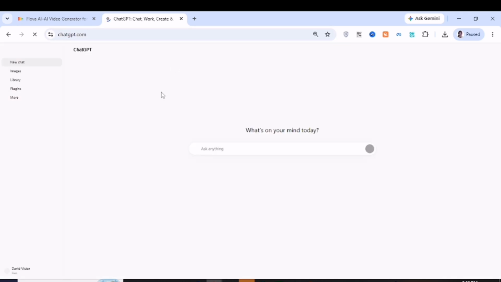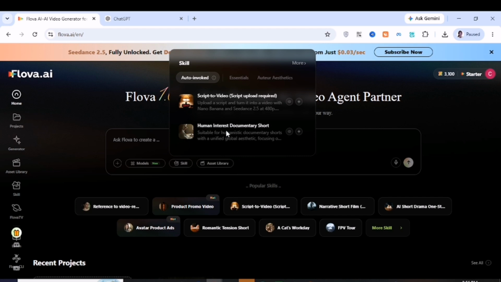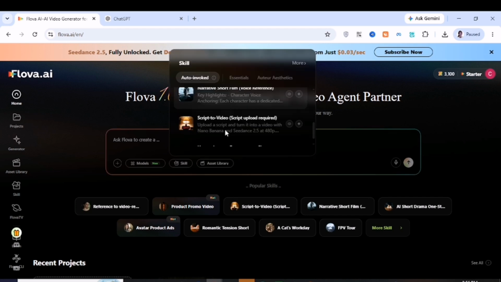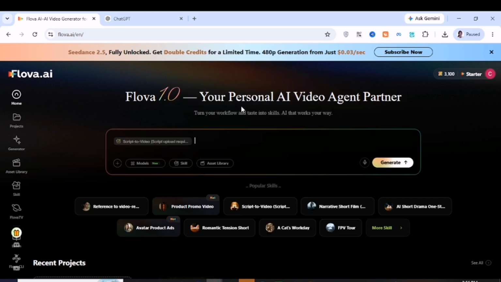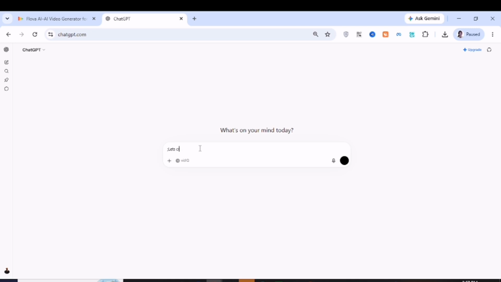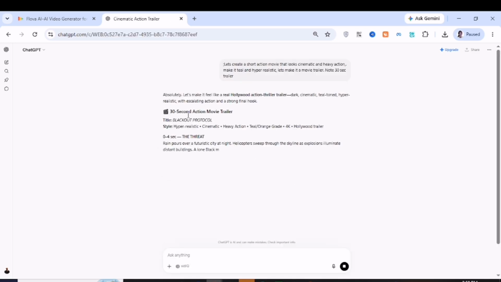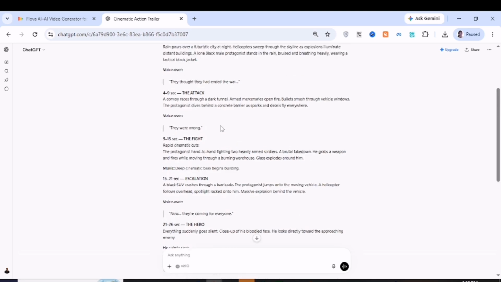All right, so the first thing I'm going to do is head over to ChatGPT, because we need to get the script for the video we want to create, right? So the first thing is I make sure that I come to the skill and select the video model I want to use. After doing that, I'm going to tell ChatGPT to give me scripts that I'm going to make use of to generate this video. Both the script and the prompt, everything, you can just come over to ChatGPT. ChatGPT is going to do everything for you.